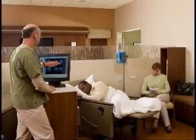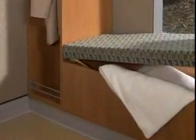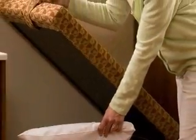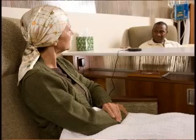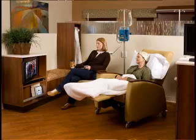For the patient, I'm able to really cocoon myself with personal belongings. And that's what Sonata allows me to do. I'm able to get a blanket and a pillow from the bench that comes up and down. It's a secret storage. So that's a nice accommodating feature of this product. Additionally, I have a little cubby that I'm able to maybe plug in my iPod, maybe put a book, a cup of coffee, and really be able to make this space my own for the next 5 to 8 hours,